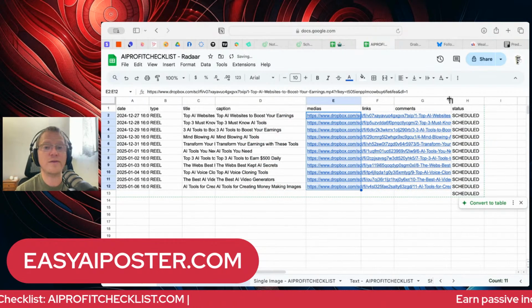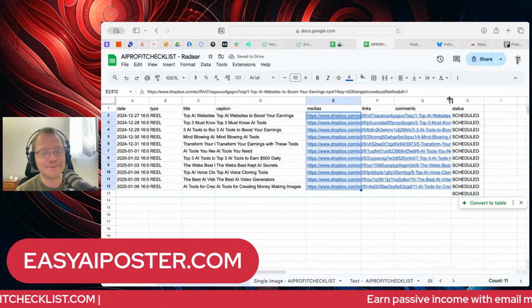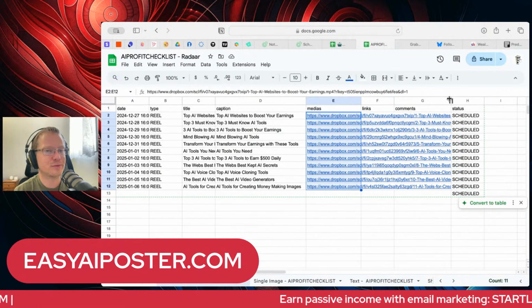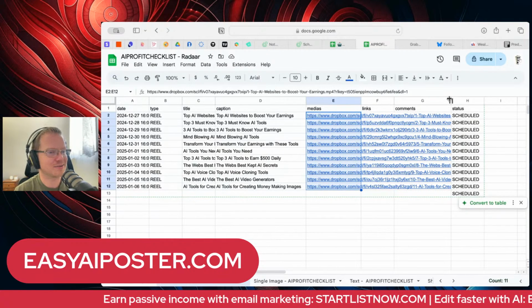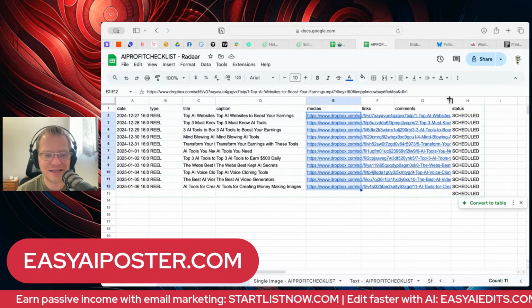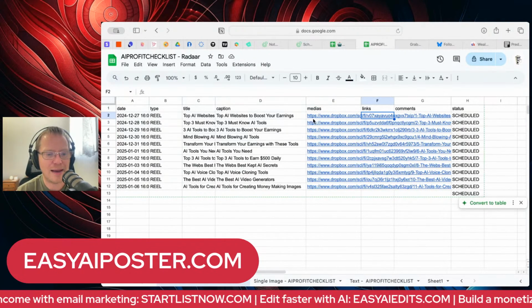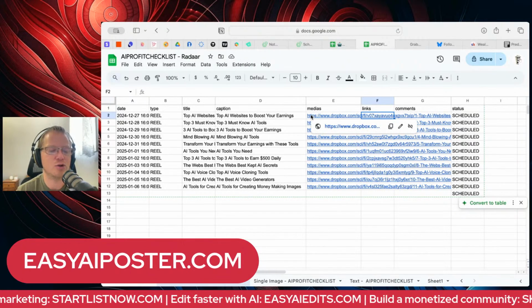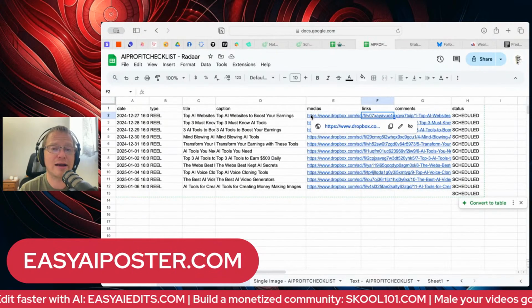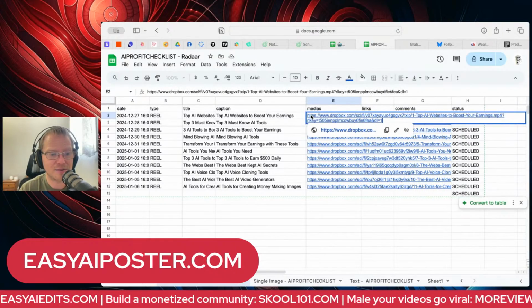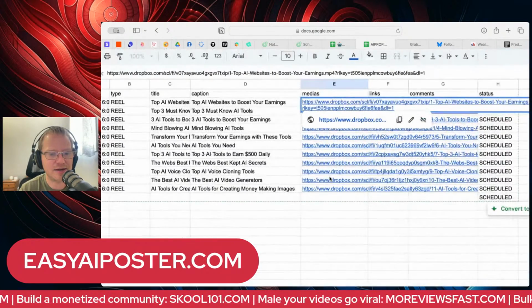So if you have Dropbox, whether free or paid, if you don't have one, go get a free account. It's going to be big enough for you to do whatever you need. You can get enough gigs and everything for free. So what happens when you have a Dropbox link? Whether you're doing it from your computer or the browser, you can create a share link. I'm going to bring this up and you can see right here what that share link looks like.